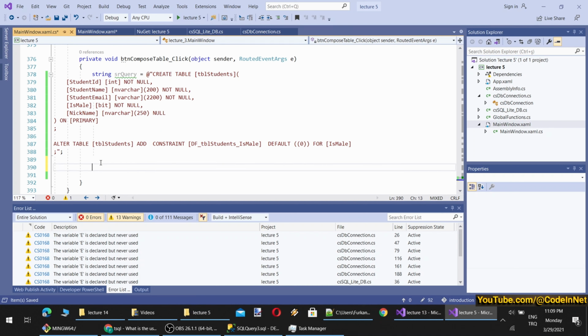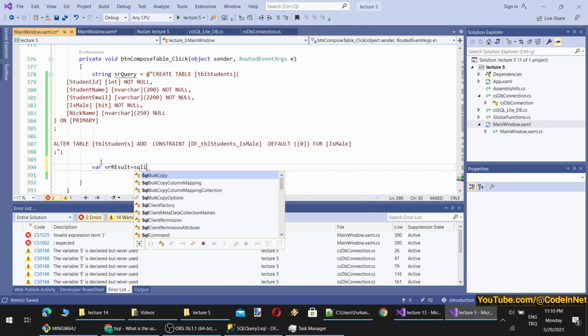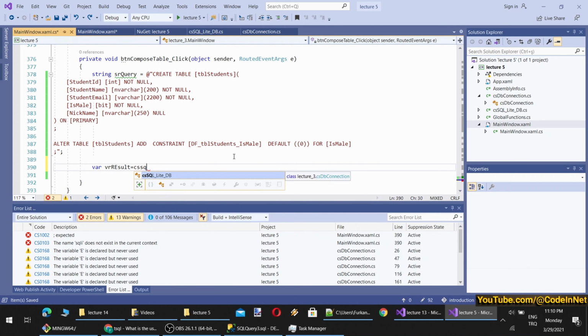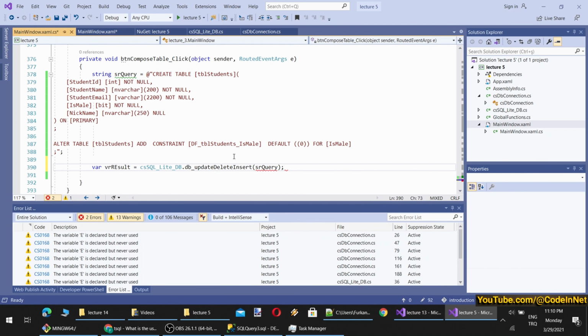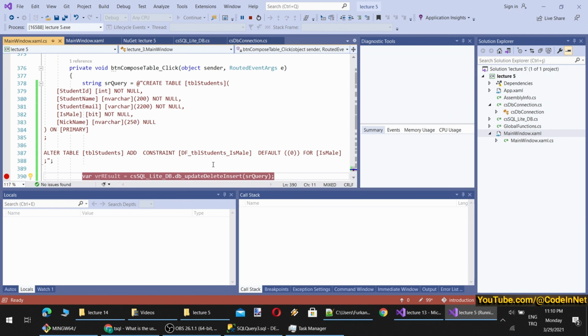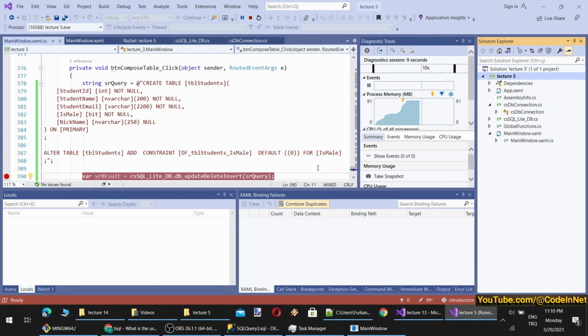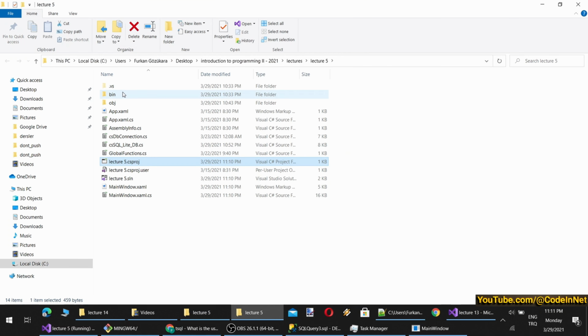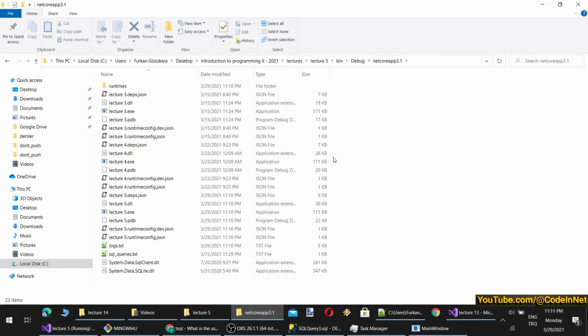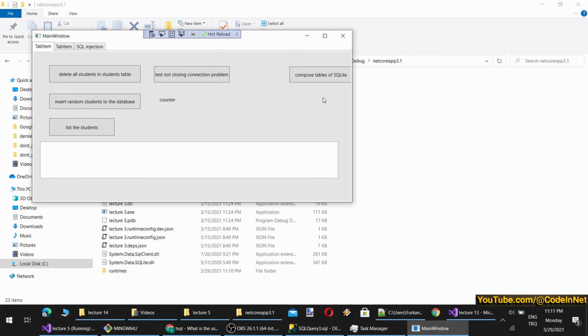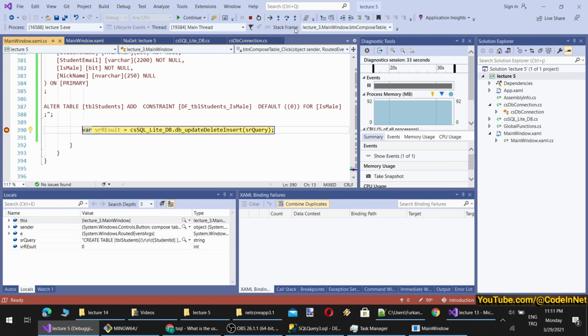Then let's execute the command. This time we will use SQLite DB connection CS SQLite, and we will use update delete insert and our query here. Debugging. So out of nothing, with commands we will compose our database file and do database operations on it, with indexes and such other things. This is a great way of using structured, indexed data in your standalone application. There is no database file here right now and there is nothing. When I click this, I will get into this command with F11.